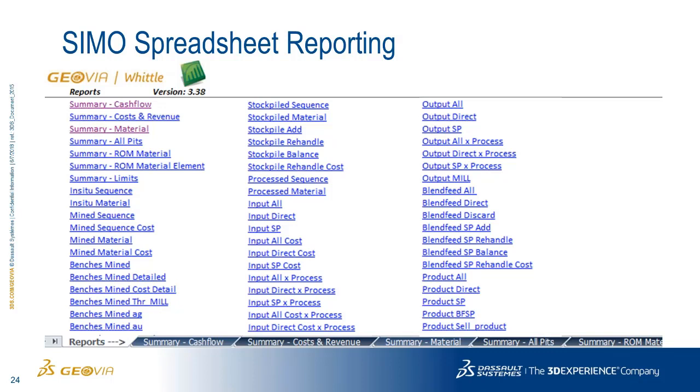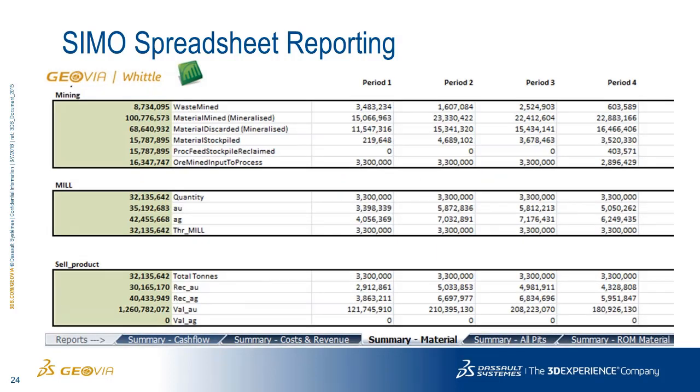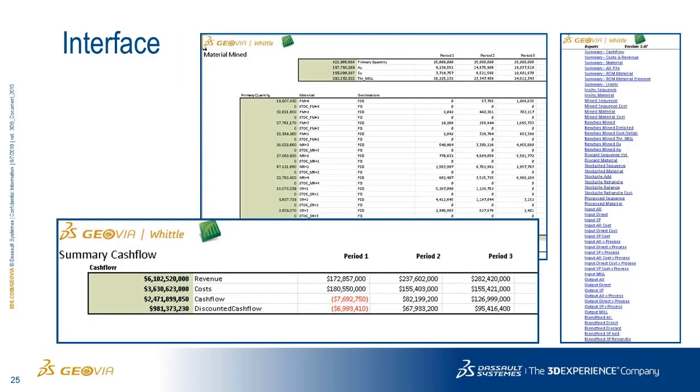So I think I have another screenshot just showing some example. This would be more of a summary one where we have a year-by-year breakdown on the mining side, on the mill side, and on the selling side in this case. Whereas you can see at the top left here, more detailed one where I can see the material moving from blend bin to stockpile and then beyond in a more detailed breakdown. And you can see on the right-hand side just the sheer list of number of different reports that are automatically created and I automatically have access to when I run the SIMO, when I run a SIMO schedule.